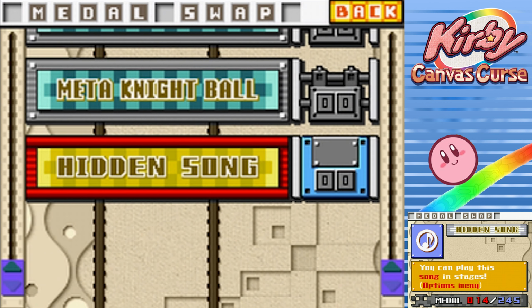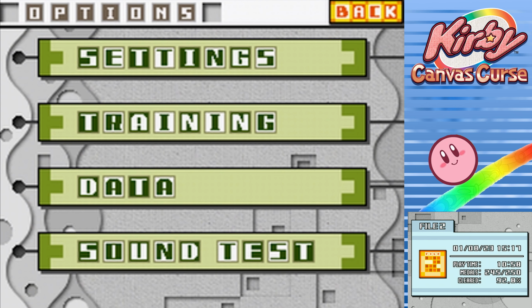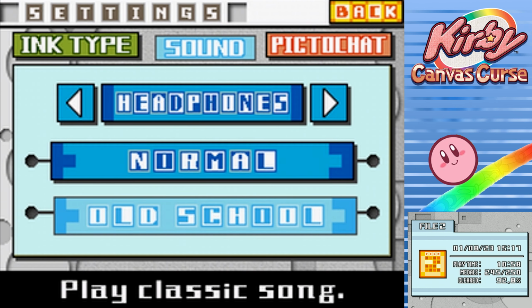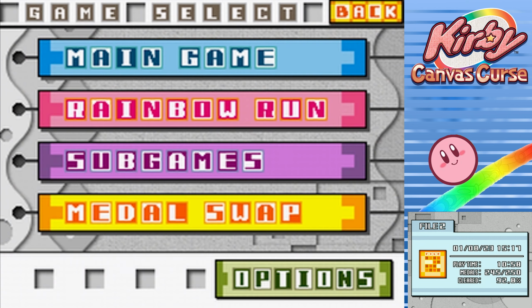You can play this song in stages. Okay, so we're gonna enable that really quick because that's gonna set things. There we go. We're gonna enable this because this will allow us to set apart a unique play style for our last run of the game. But we're not done here yet today because...